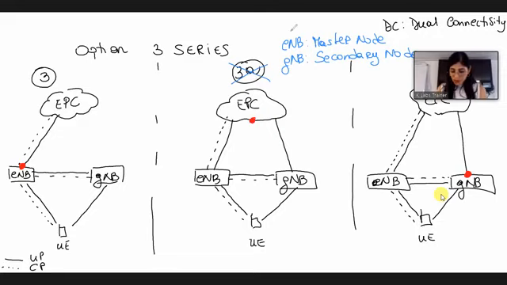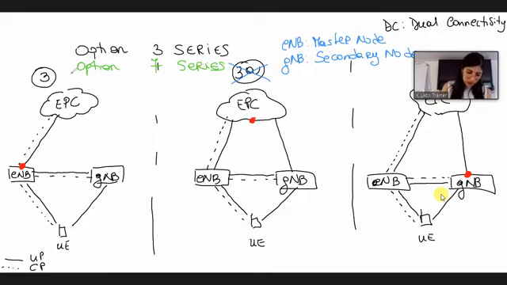If we talk about option 7, now we change color to be compliant. The option 7 series is very similar to the option 3 series, but instead of having the 4G core network, we will have the 5G core network.